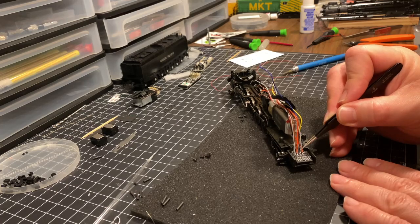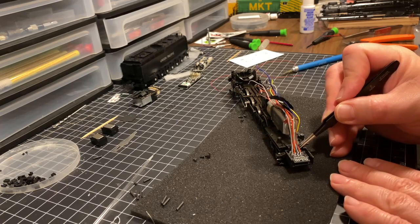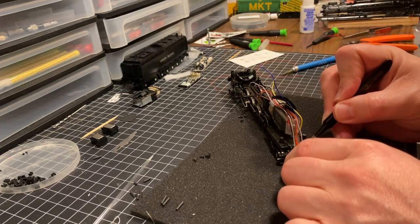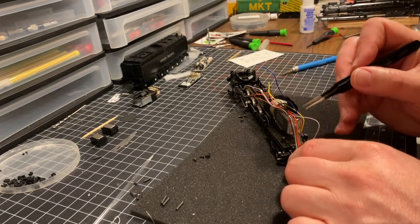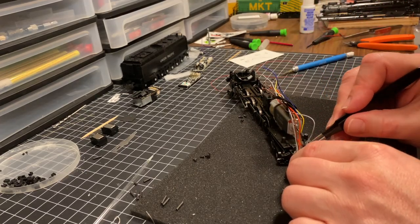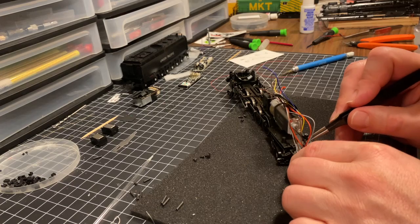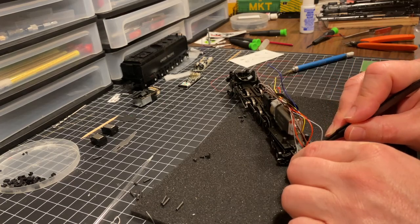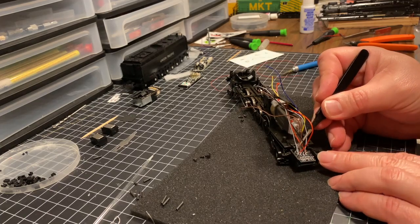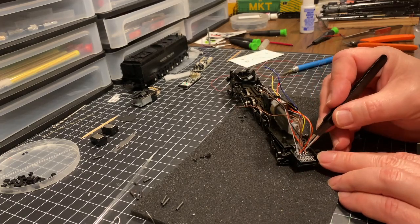Then we have the plus 3.3 coming in here. Now these are all labeled as well, so we need to find the one that's labeled for the sensor, which looks like it might be this one right here. Looks like this is a brown wire. Now to confirm that,